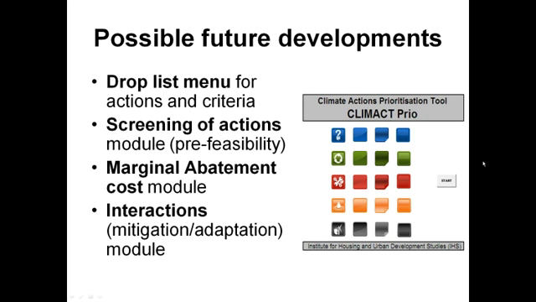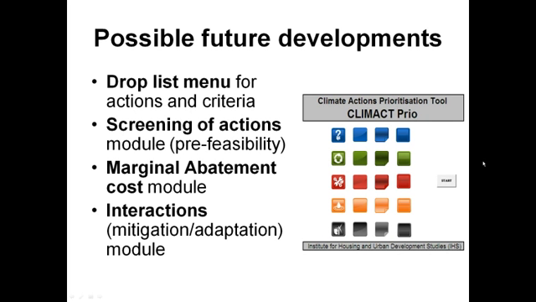The user can just click and see them and add those that are related to his or her context. This is something we are working on, and by applying the tool in different cases, we can expand this list of possible actions per sector and per type of problem,